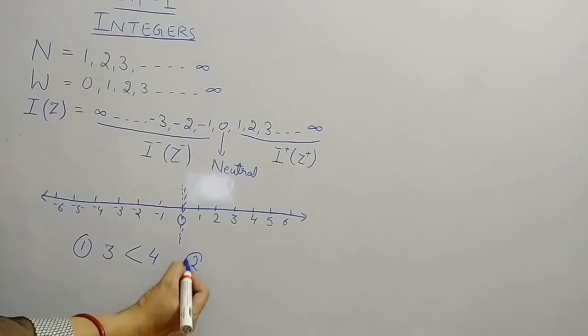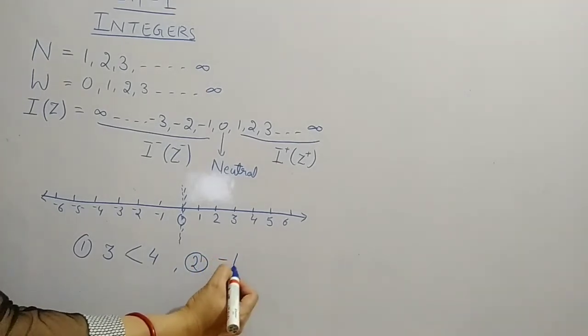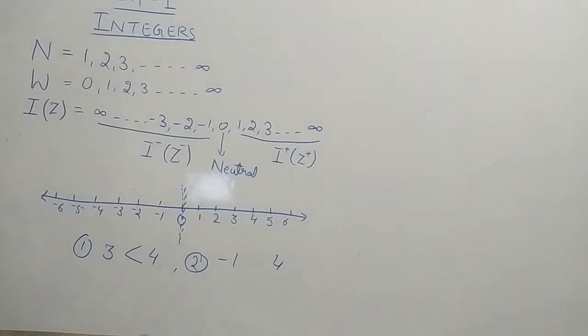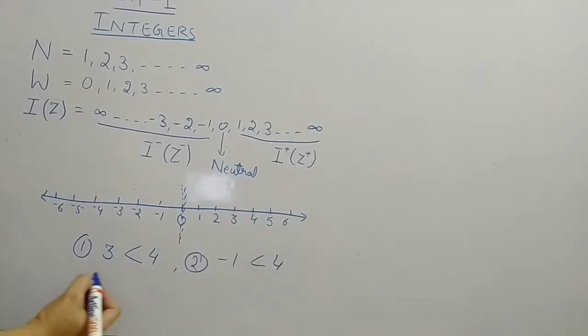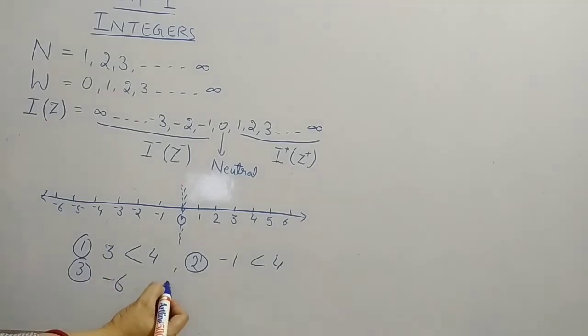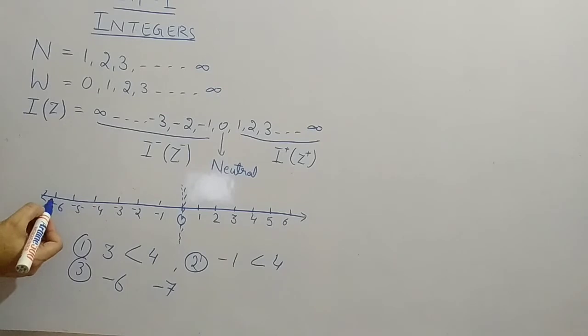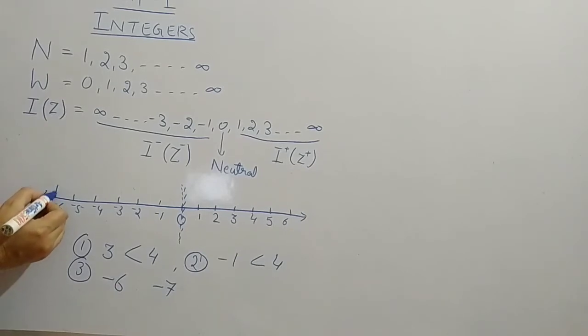Suppose one integer is negative and another one is positive. The positive integers are always on the right side of 0, so positive integers will be greater than negative integers. Suppose both the integers are negative, -6 and -7. Now you see -6, and after -6 somewhere here -7 will come. Which is right side, which is left side? -6 is here on the right side. If you see, this is -6, here -7. So -6 is on the right side, it means -6 is greater than -7. So always remember, right side integers will be greater than left side integers.